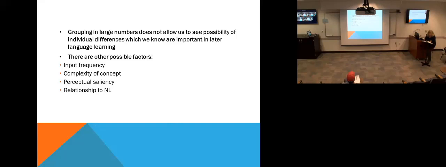Good, whatever comes before. So if it's voiced, it's houses, and if it's unvoiced, cats, right? So maybe that's not perceptually very salient. So you can see that you can make arguments for all kinds of things here that could be factors in how children learn. And then there's relationship to the native language, that's for things like pronoun case and the article system. So it's difficult. Now what's happened is since the 1980s, a lot of people have argued that these things are more important than we ever realized.